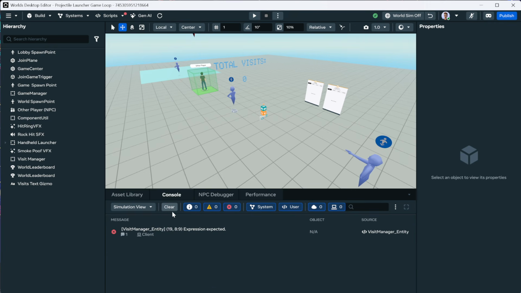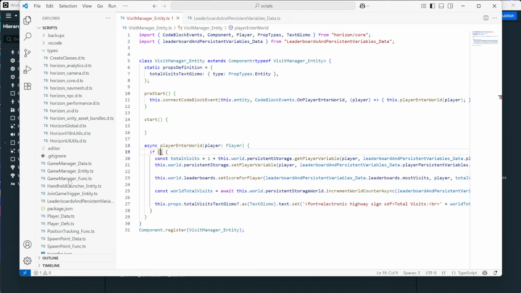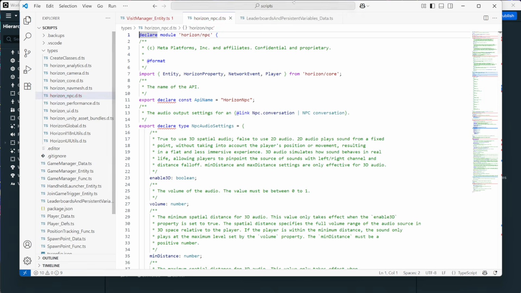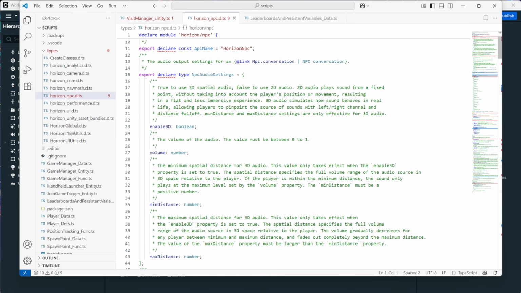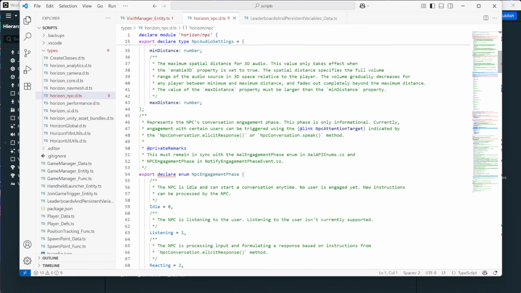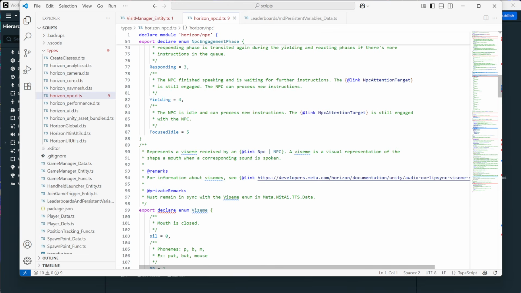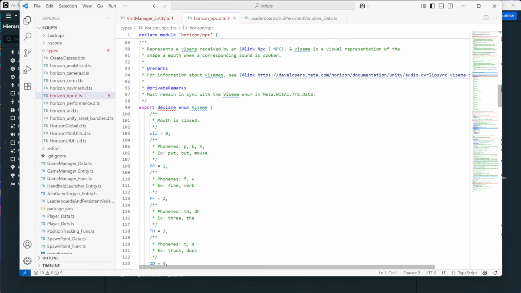And I always mix this up. So I'm going to actually go read through some of the NPC API. It should be here. Double click. And so if we go through NPC, we can see the NPC settings and things. And what I'm looking for is